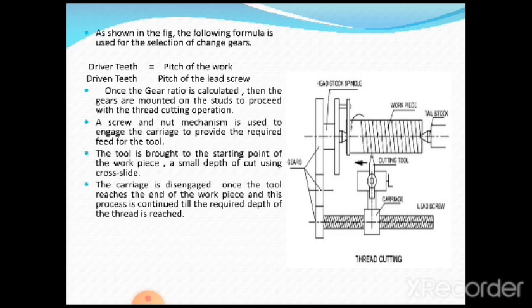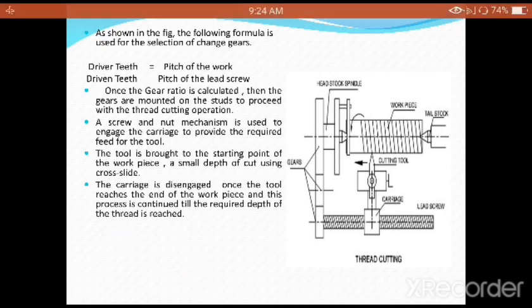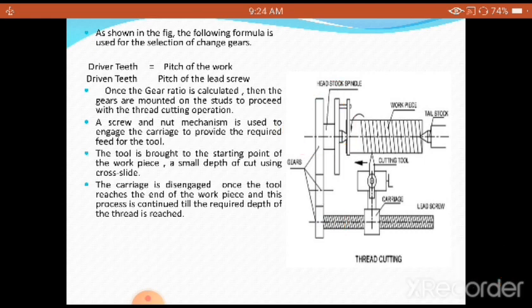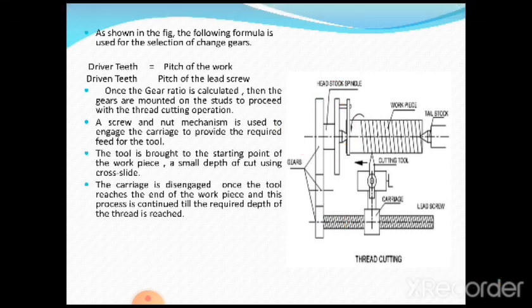As shown in the figure, the following formula is used for the selection of the change gears. What is the formula here? This is very, very important. We have taken the ratio of the driver teeth. What is the meaning of driver teeth? This is called the driver teeth, and this is called the driven teeth. It means the number of teeth of the gear to be selected depending upon the pitch of the thread to be cut on the workpiece. Before we proceed with the formula, we need to understand one important concept,